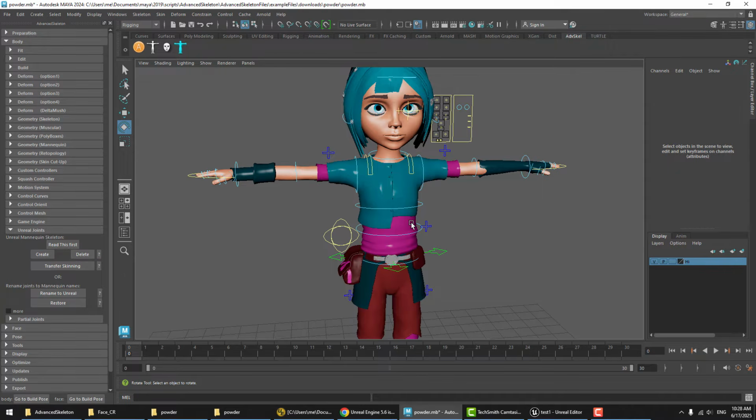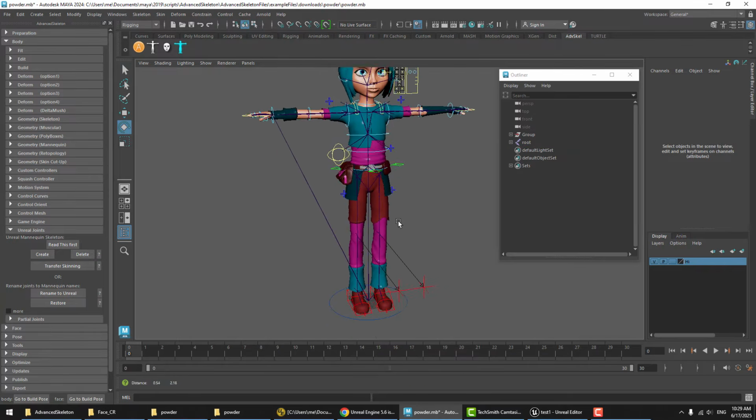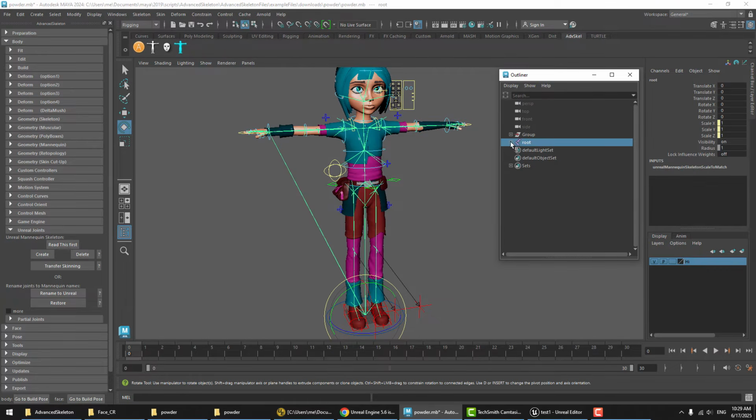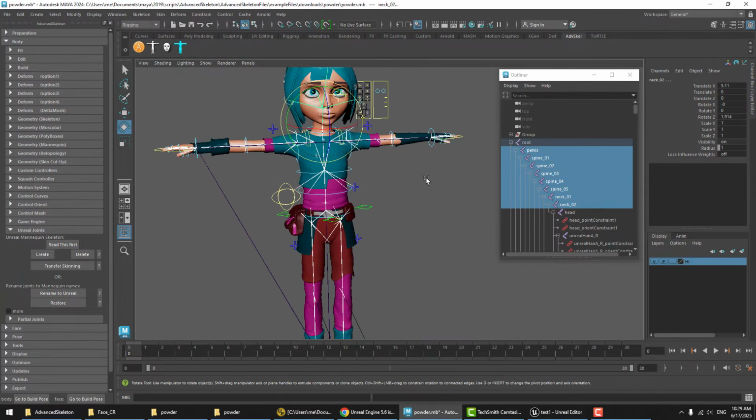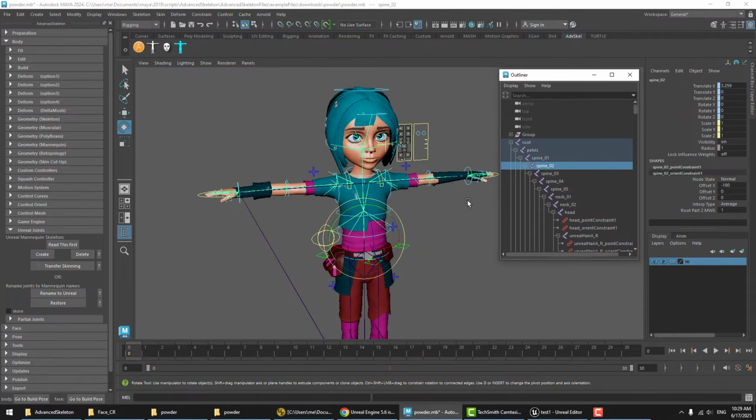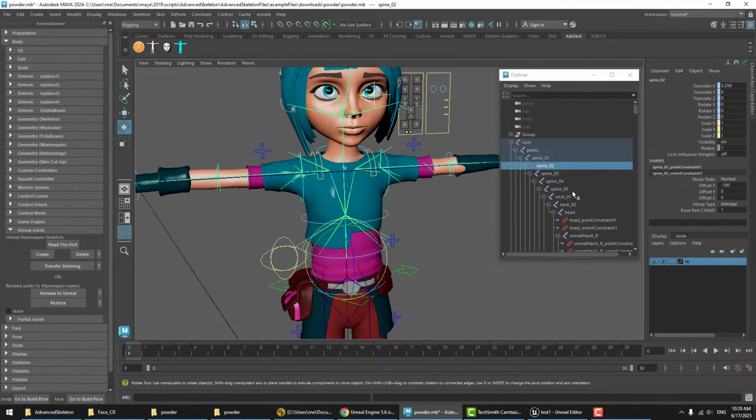But if you do a lot of exporting to Unreal, it's good to know what it is and how it works. So we can do the steps here. First, create. That's going to create the skeleton, and it has the same option here. You want to scale to match. So we can do just that step. And if we open the outliner, you see that there's the Unreal Mannequin structured skeleton here, which is quite different from the advanced skeleton,